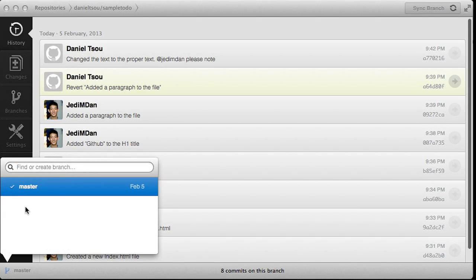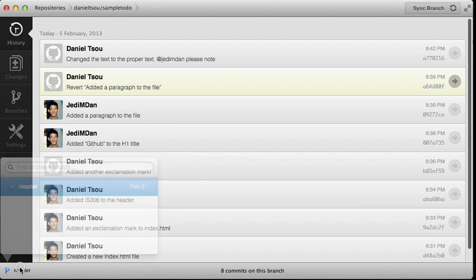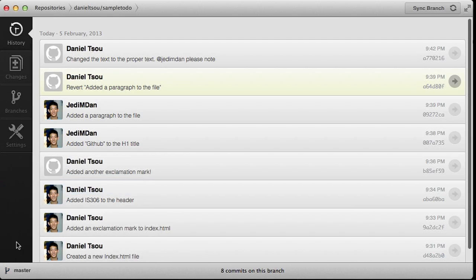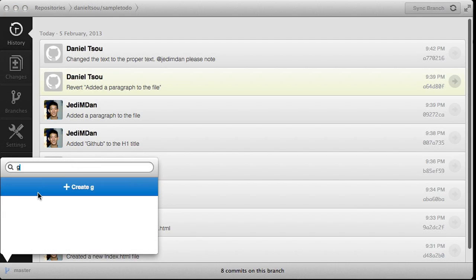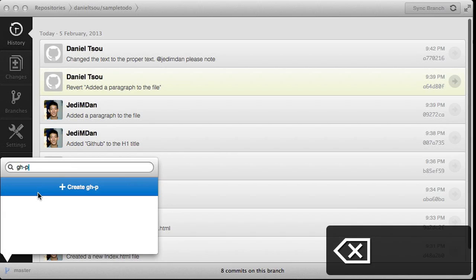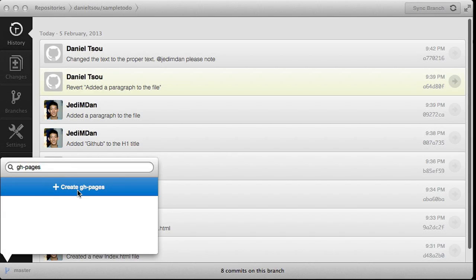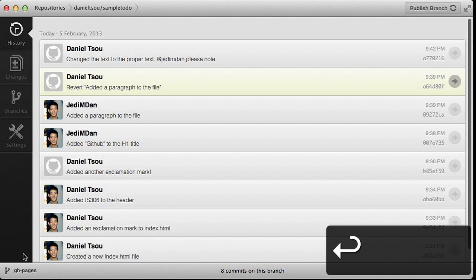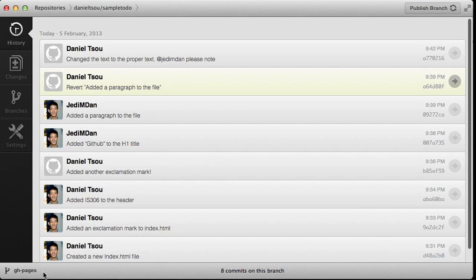To switch or create a branch, simply click on the icon of the branch and choose an existing branch, or make a new one. If you make one called GH Pages, GitHub will publish those files onto their web server for you after you synchronize. Let's synchronize now. Note that the synchronize button has changed to publish branch, since this branch doesn't exist yet on GitHub. After we synchronize, we can view these pages at